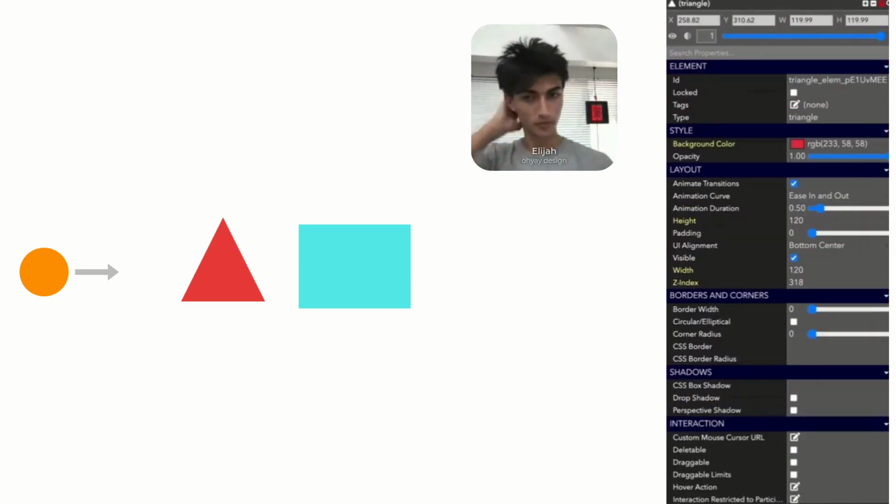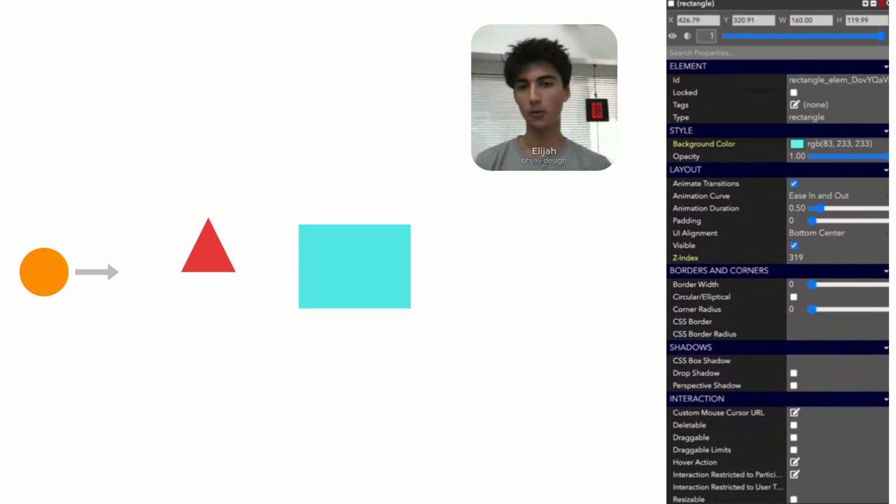And so now we have these shapes, right? The first thing that I'm going to do here is I'm going to want to set up how they should look at the beginning of the animation. So what I'm going to kind of call point A, right? Point A in time. And so what that can be is